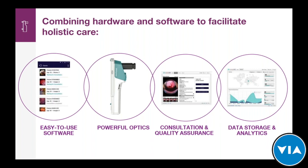What you see on your left is our easy-to-use software. It's a mobile app that you can download on the Play Store. It comes on the phone. You have a username and a password for each one of the users. That way, patient information is always stored very securely and is specific to the healthcare provider that has access to it. You're able to use that software to capture patient information, to visualize the cervix, to capture images, to annotate those images,